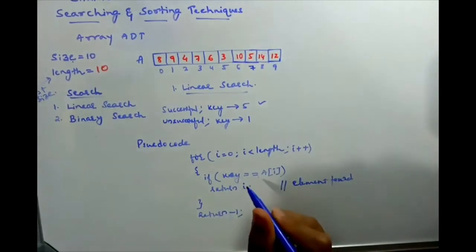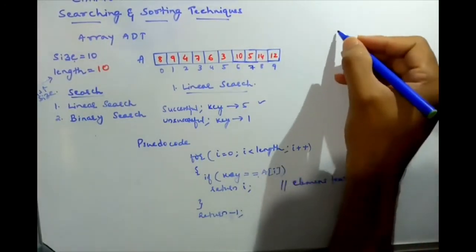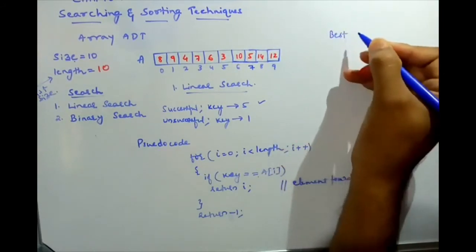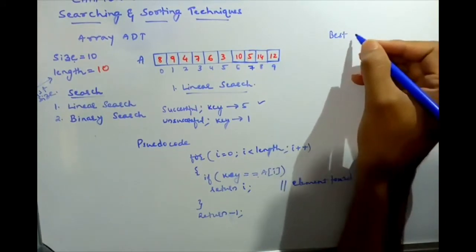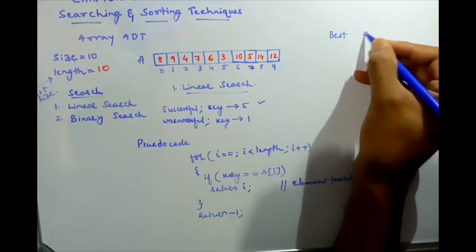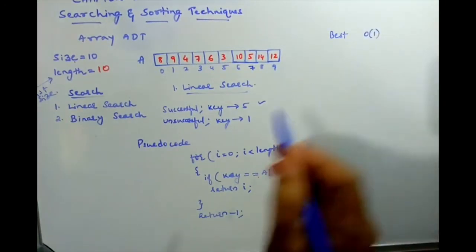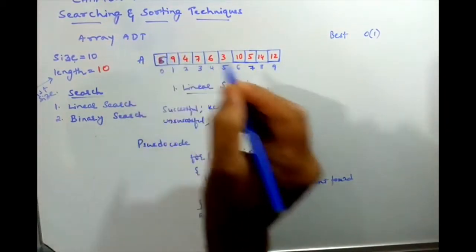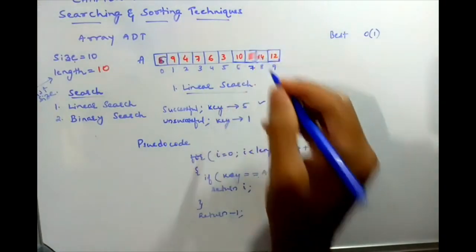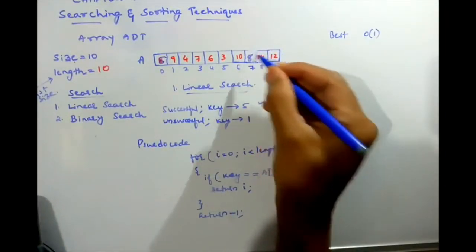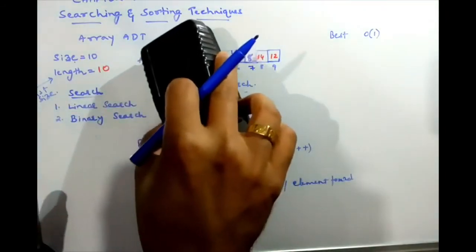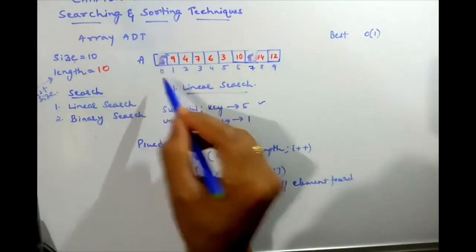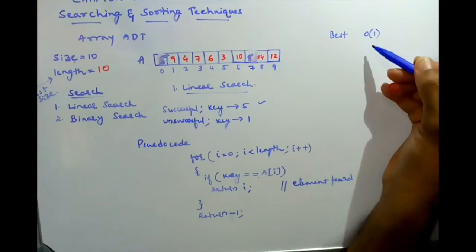Okay, next thing is, we'll see the time taken. So best search, what is best search? Best searching is order 1. How is the order 1? Suppose you are finding element 5, and if it is available in the first place only, and the others are some other elements, then within one constant time you would have got it.